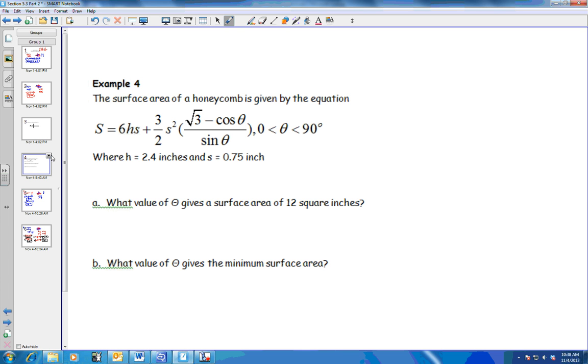Same thing with example 4. They're wanting us to plug in some of these numbers and then see where it crosses the x-axis, and we'll do those together in class. Okay,